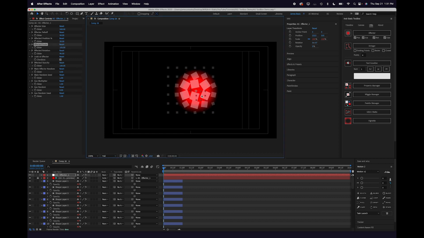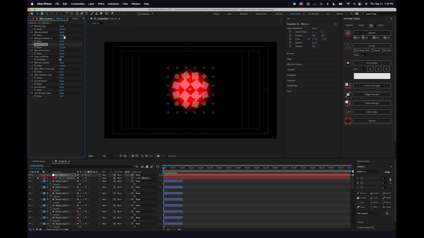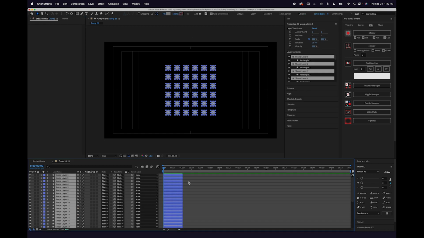And just move these things around. It's really fun to play around with. Just set this in the center. Sometimes it's fun to just grow it or animate the fall off and just see how that affects all of your objects. One thing to keep in mind is that you can have multiple effectors affecting different properties of the